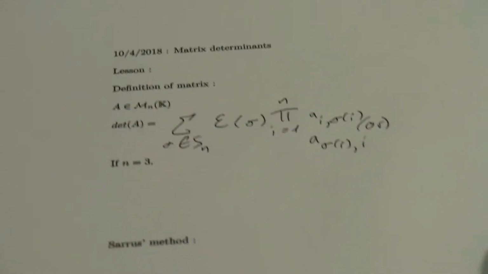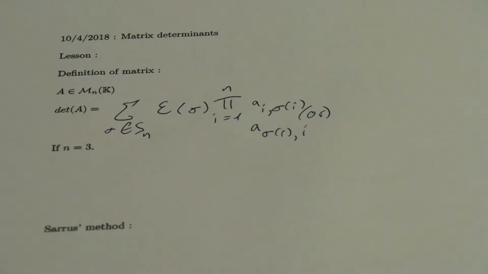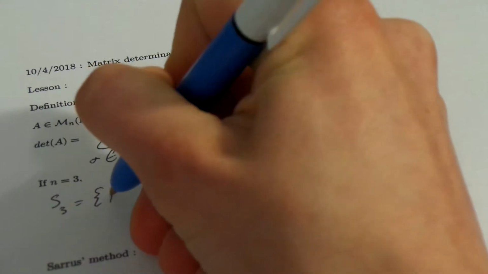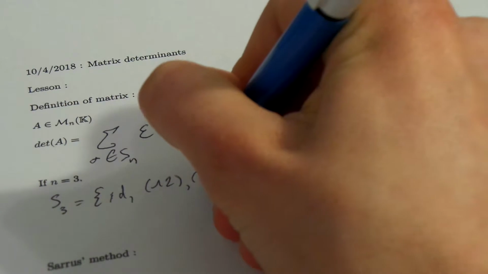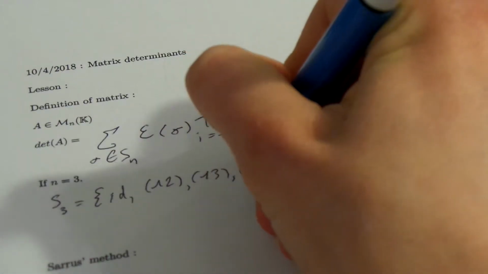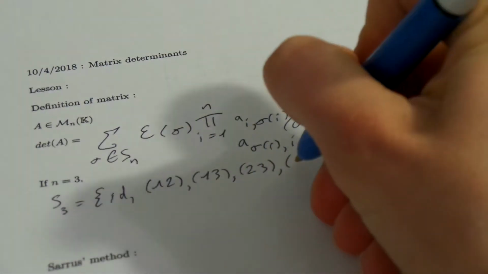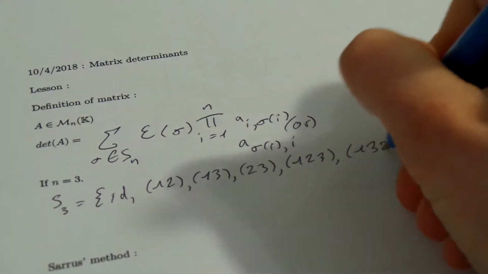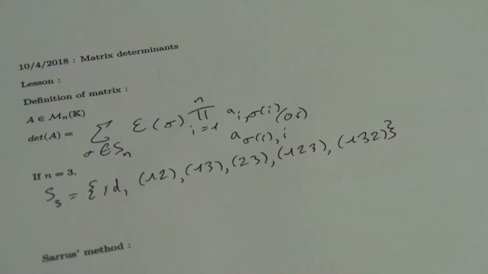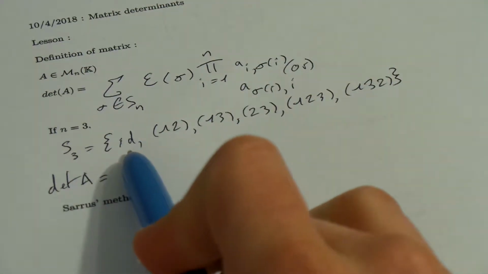Knowing this, in the case where n is equal to 3, so you have a 3 by 3 matrix, the symmetric group of order 3 is the identity, the transpositions (1 2), (1 3), and (2 3), as well as the permutations (1 2 3) and the cycle (1 3 2). So the determinant of A must be the signature of the identity